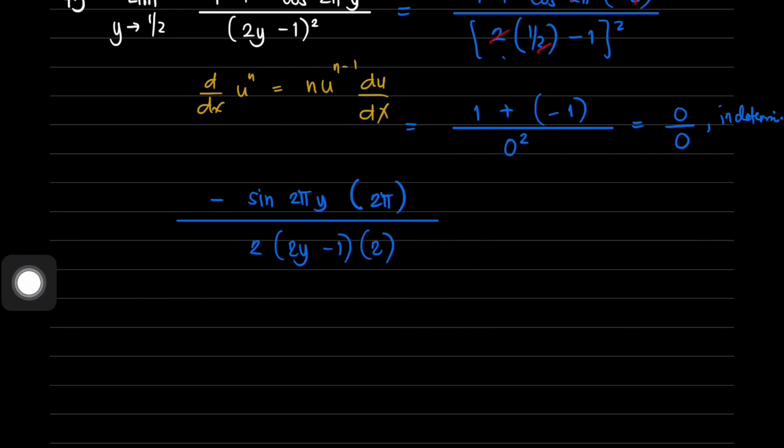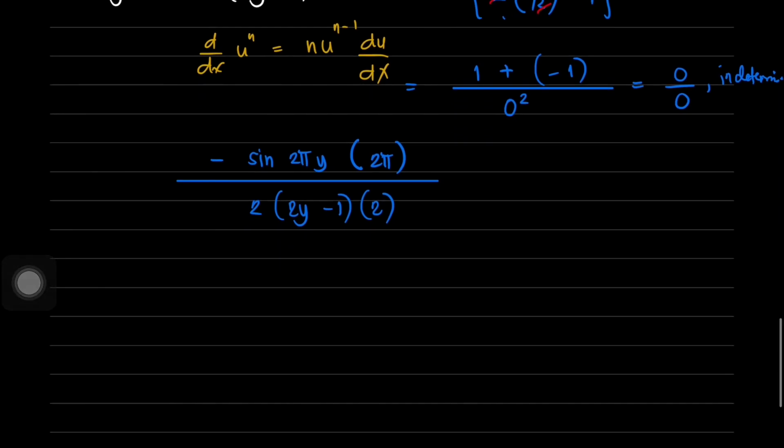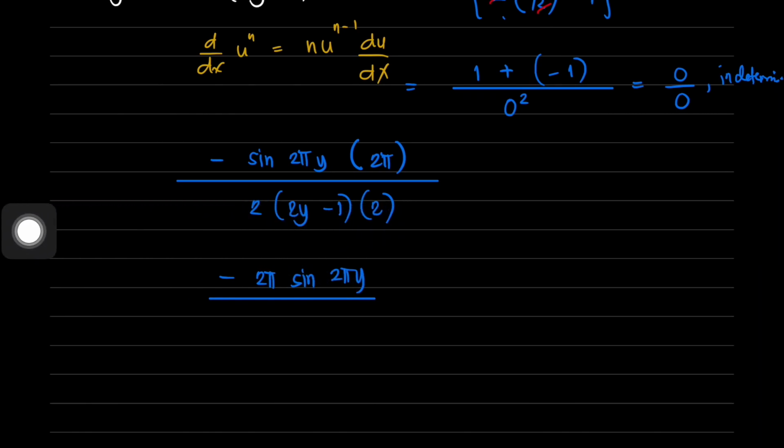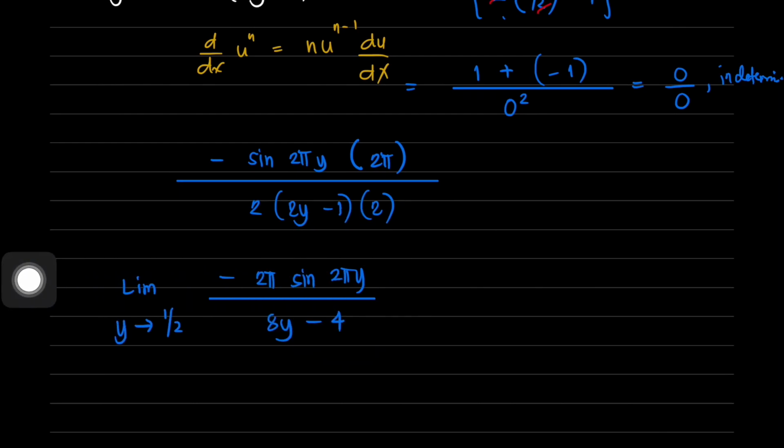So if we're just going to simplify this one, this is now negative 2 pi sine of 2 pi y all over 8y minus 4. So 2 times 2 times 2y, that is 8y, and then 2 times 2 times negative 1, so that is minus 4. Now, if we're going to evaluate the limit of this expression as y approaches 1/2,